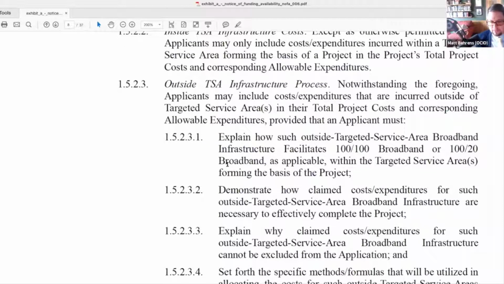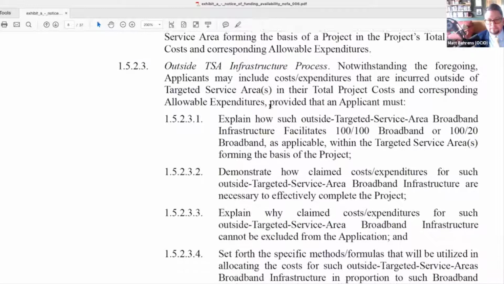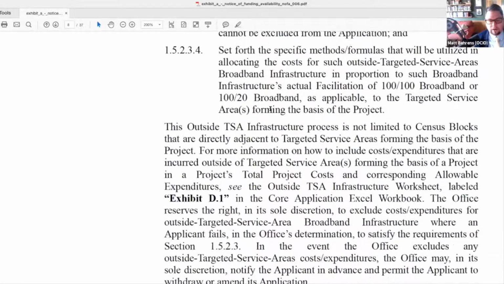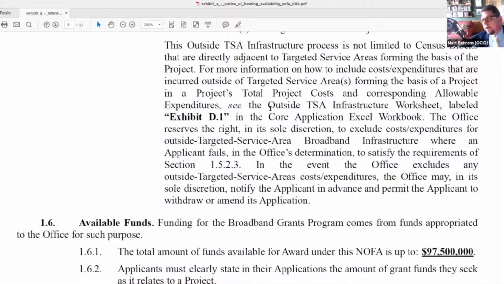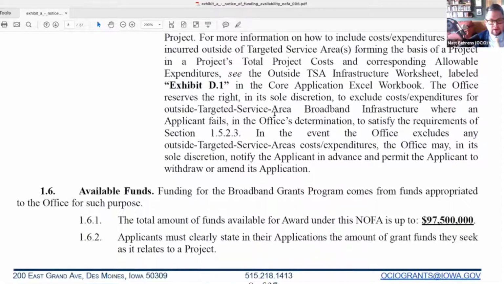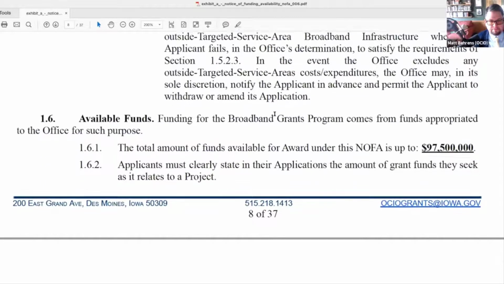And that could be, for example, maybe you're going to install a tower and an antenna for the purpose of broadcasting service into targeted service areas, but the tower itself and the antenna are physically, geographically in a non-TSA. If that were the case, your project would still be eligible. You just need to identify that that investment is not geographically within a targeted service area, and you would do that in Exhibit D1. And there's some other things that you're required to set forth there in D1. That's the exact same process as we've had in all prior NOFAs from this one. Again, the available funds are